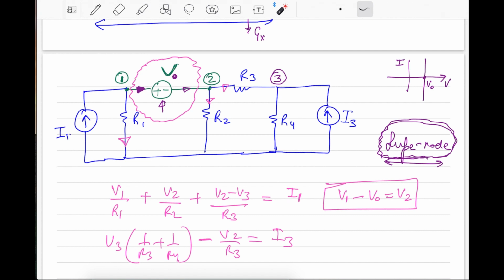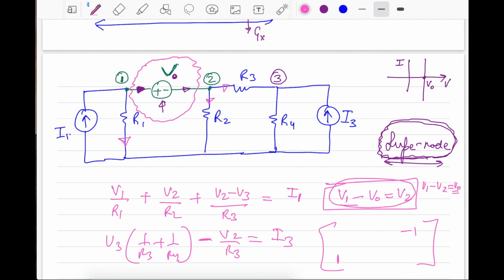and you are free to find the conductance matrix. If you find the conductance matrix here, you will see there will be a +1 and -1 also. You have to calculate it yourself. It will be +1 or -1, something like this. Because from here, if you recall, it will be V1 minus V2 equal to V0, and V0 is the independent voltage source which will be on the right side of this matrix. I do not know the exact location; I am just giving you the rough idea. So here you have V1, V2, V3 as the nodes. So it will be V1, and somewhere down the line you will have -1 also.